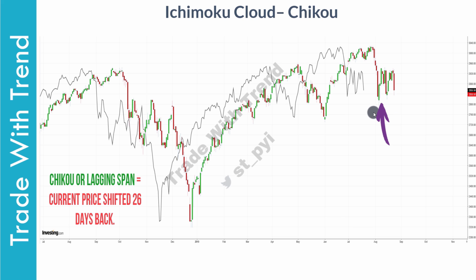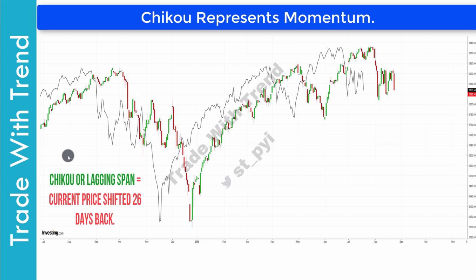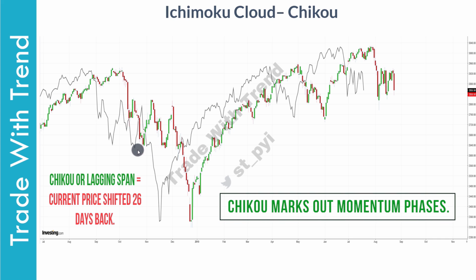Now, Chikou component is quite often the most underutilized element of Ichimoku clouds, but make no mistake that it is extremely important in overall price structure analysis. As a rule of thumb, whenever Chikou is above price, it is considered bullish. And whenever you find it below price, it is considered bearish for trend.